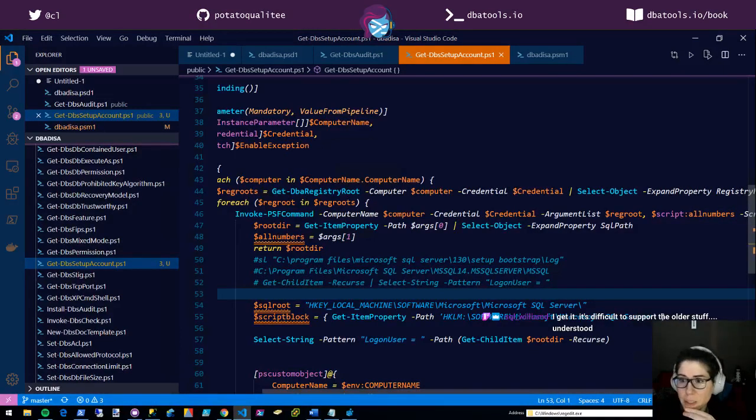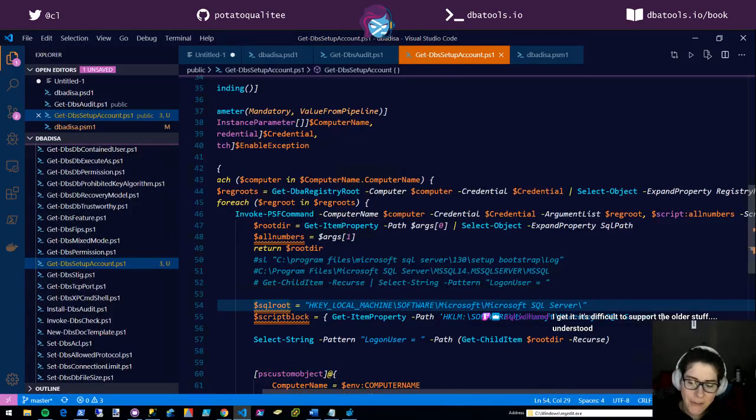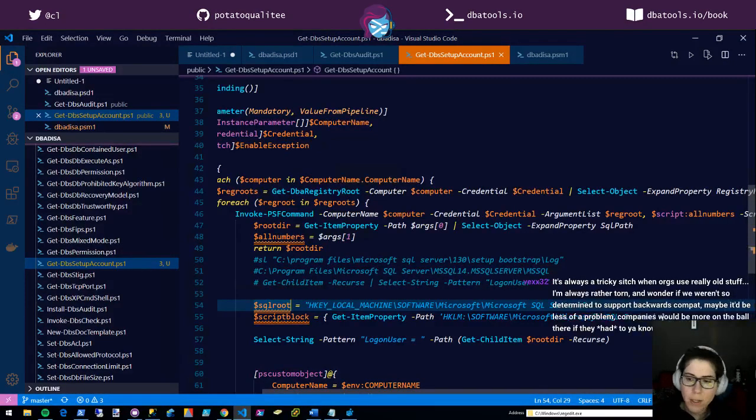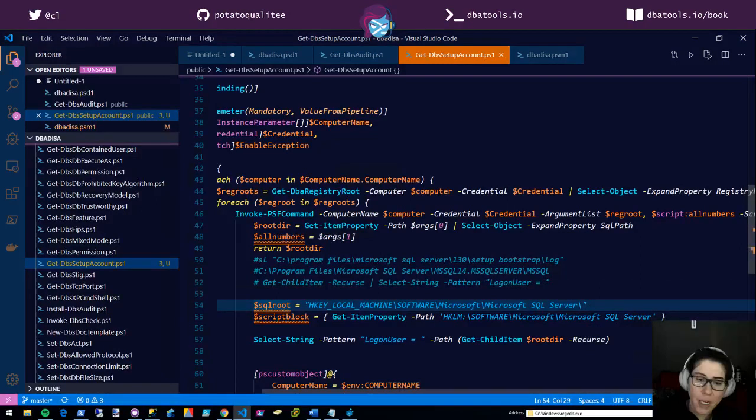I get it, it's difficult to support the older stuff, totally. Well, it's not too difficult. It does mean that I don't use using as much. I also try not to use commands that are solely available on Windows 8 and above. I try to use the .NET underlying stuff. I do have a Windows 7 machine that I always try things against, and if it doesn't work, then I will just use the underlying .NET and kind of rebuild those commands.